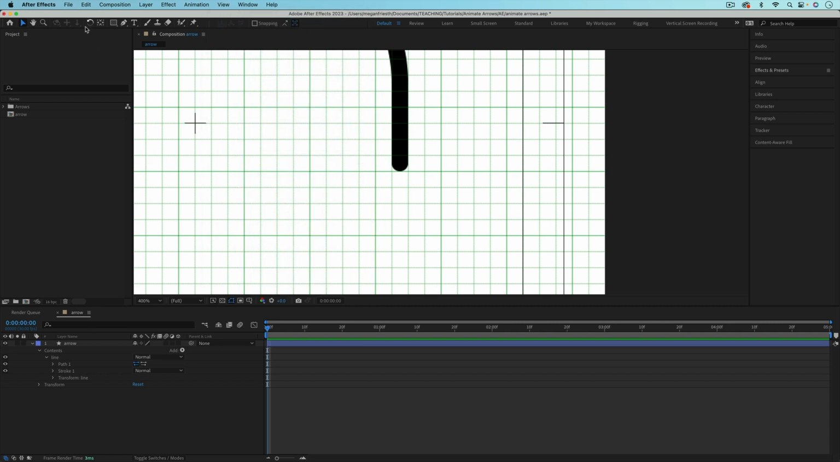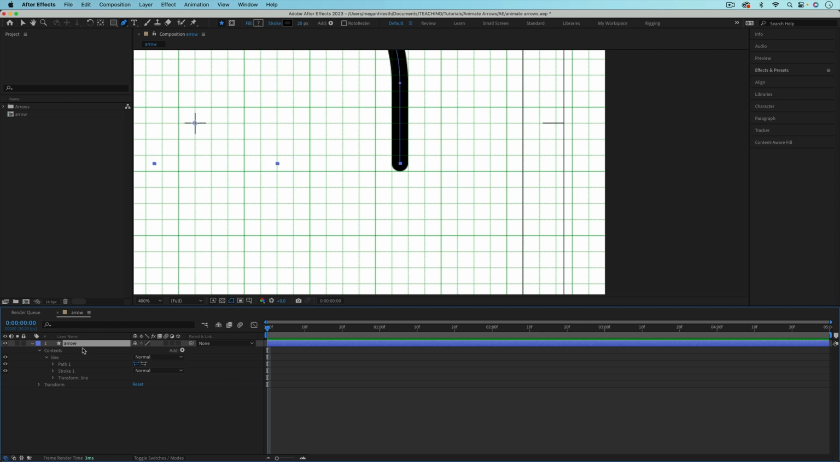And then from here, I'm going to grab the pen tool and then draw out my arrowhead. Because the line is in between grid lines, I'm going to draw the arrowhead slightly off from the line, and then I can just reposition it later. Before I start drawing, I need to make sure that the arrow is selected so that it adds this arrowhead